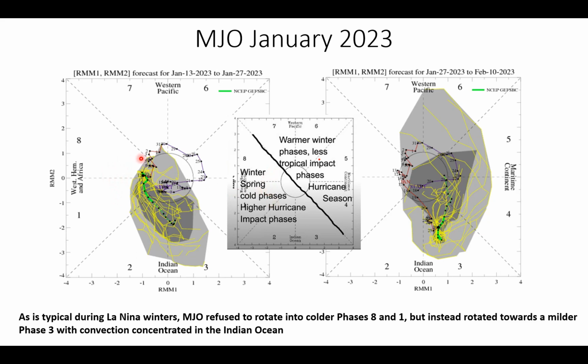Okay, and I remember looking at these forecasts back in the first couple of days, that first week of January, and initially the models were showing the MJO rotating into phase 8 and then into phase 1. Ultimately, what happened over time due to the La Nina is the MJO only rotated right along this null phase, the small inner circle here, the center of the diagram. The MJO just kept right along the border of the null phase,